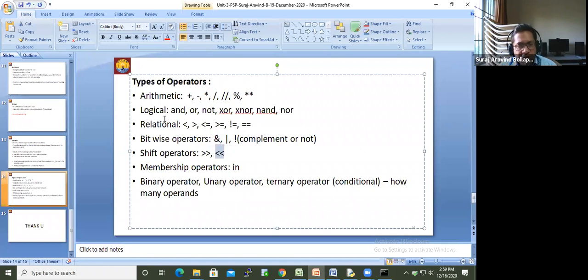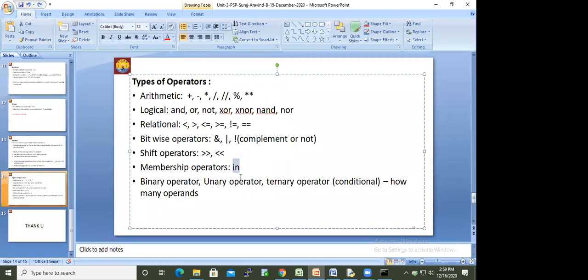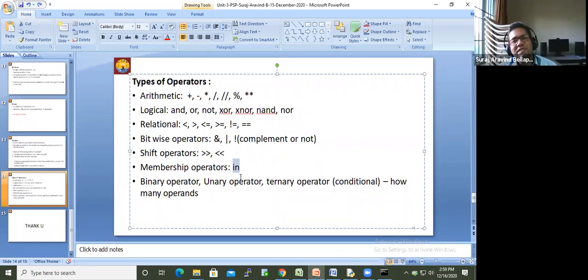There are some more operators, like logical and membership, which don't use symbols. What are membership operators? We'll see later when we discuss the topic of sets.